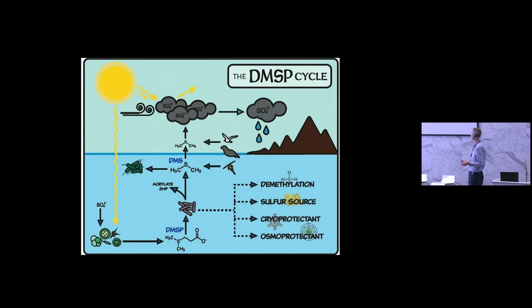And I'm just going to talk about one thing called the DMSP cycle. This is something that you may not have heard of. You may have heard of carbon dioxide as a climate warming gas, but DMSP is something that is really important in microbes and in the ecology of the Earth. DMSP is a molecule that microbes produce. So plankton and things in the sea produce this. They use sunlight and sulfate, and they make this molecule called DMSP.